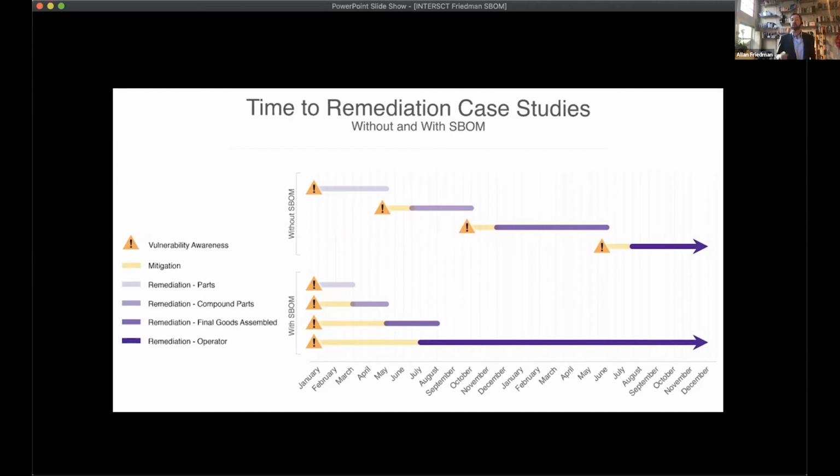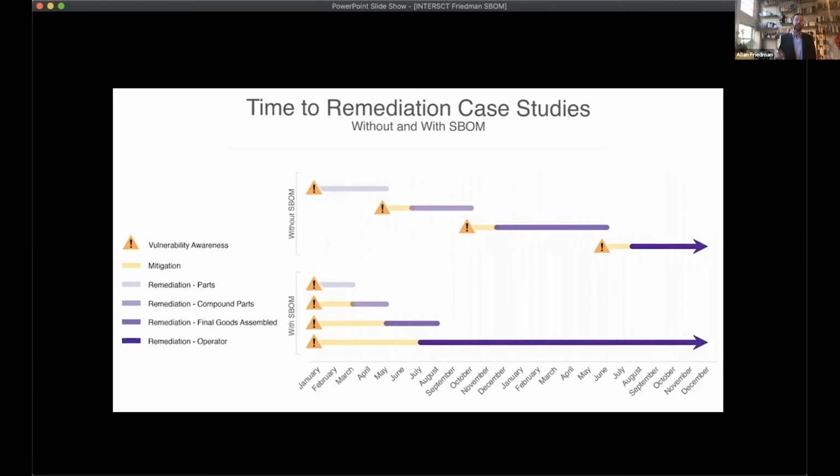On the bottom, we have the world with an SBOM, in which all of us find out about the vulnerability January 1st or whenever we discover it. Now, it doesn't speed up the actual work that it takes to make the patch and test the patch, but it does allow everyone downstream to think about other mitigations. So if you're that final customer, you're that nuclear power plant, you're that hospital, you can say, while I'm waiting for a patch, or, and I'll get to more on this later, figuring out whether or not it's even putting me in real danger, I can still take other mitigations.